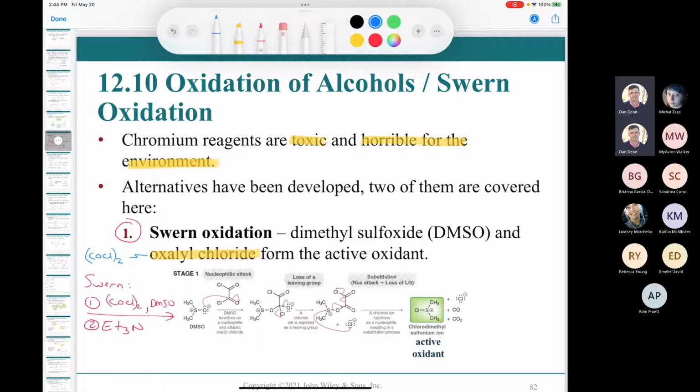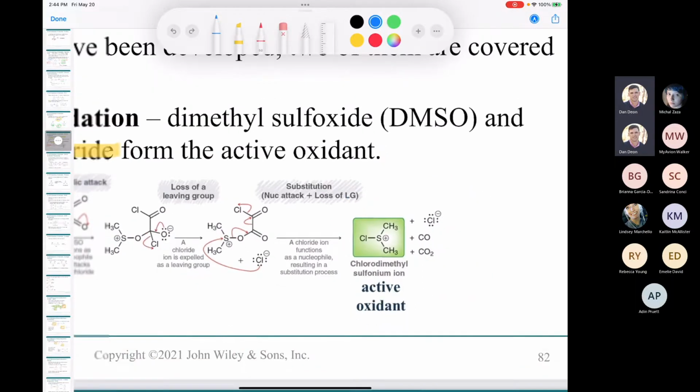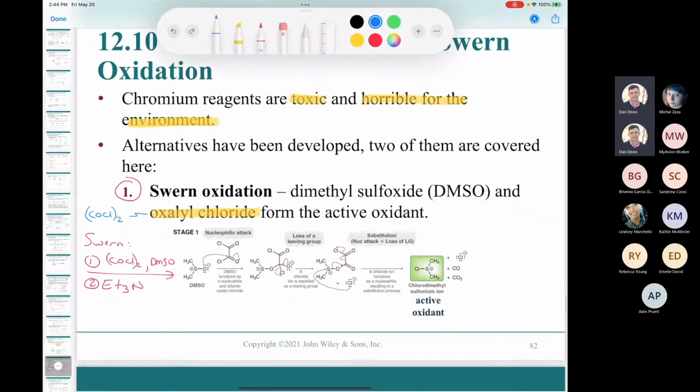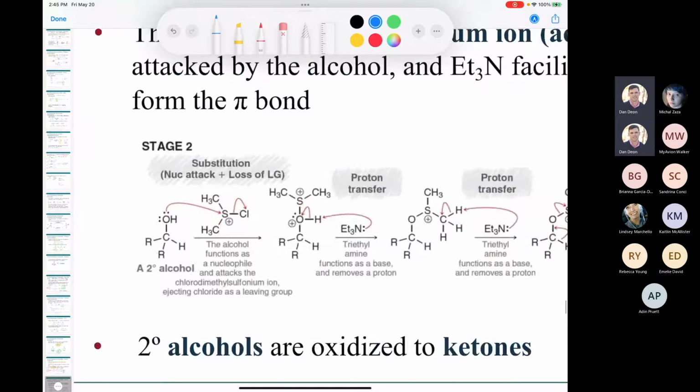And when you combine the alcohol, the oxalyl chloride, and the DMSO, it ends up making this really interesting sulfonium ion, this chlorodimethylsulfonium ion, and that is the active oxidant. You can see you also end up producing carbon monoxide and carbon dioxide. You do not need to know this mechanism. I will not ask it. But once you form that active oxidant, the active oxidant reacts with the alcohol, and then the triethylamine